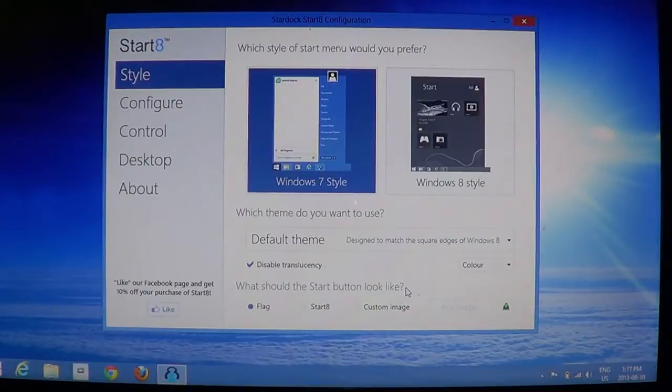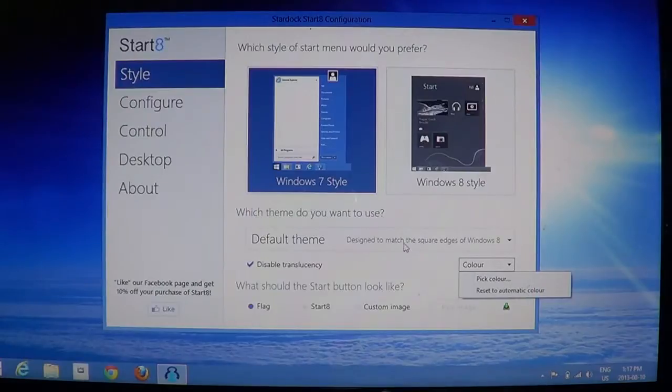And what's cool is that you can just enter the validation information if you ever buy it. So here you have the default theme. You can select different options like disable translucency, choose the color, you can pick your own color, and what should the start button look like? A little flag. Do you want to have Start 8 or a custom image? And once you've chosen that style and all that information,